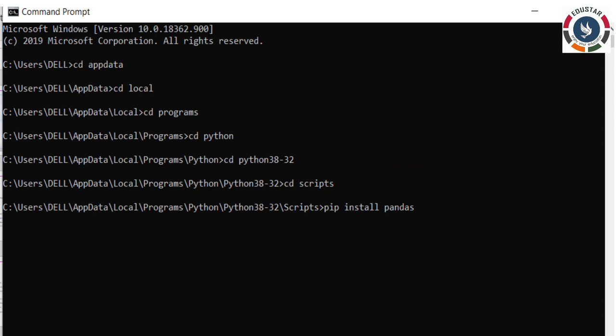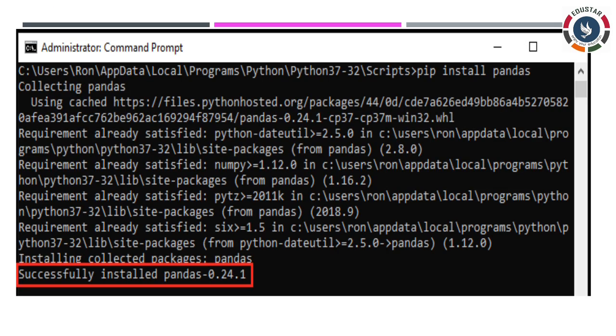If you run it, it takes one or two minutes, and then it will display Collecting pandas on the screen. It takes one or two minutes to install the software. Finally, it will display the message that pandas was successfully installed. It may be any version, that's not a problem. Here it is showing 0.24.1 as the version. Don't worry about this; based on your computer, the version will be different. Finally, it displays the successfully installed pandas message on the screen.